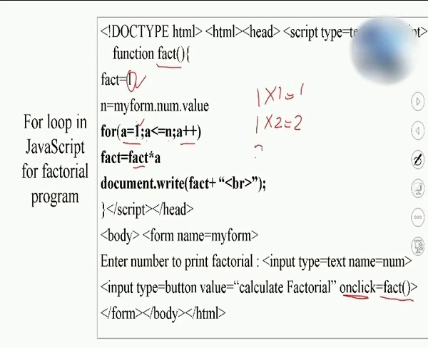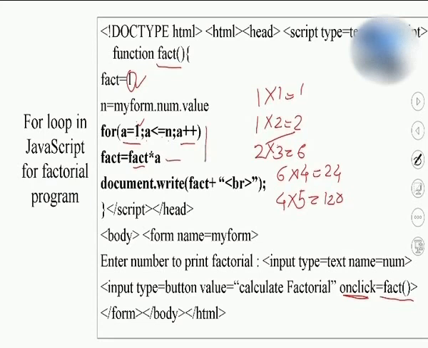And now next, the answer it will take like this and it will multiply it by 3. So here I am getting the value 6. Next time 6 multiply by 4 and so on. It will go on taking it till a becomes 5. So 5 is less than or equal to 5. So yes, the answer I will get is 120 over here. So this will be the way the program will get executed.